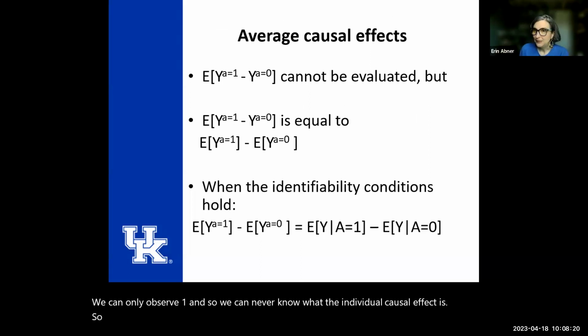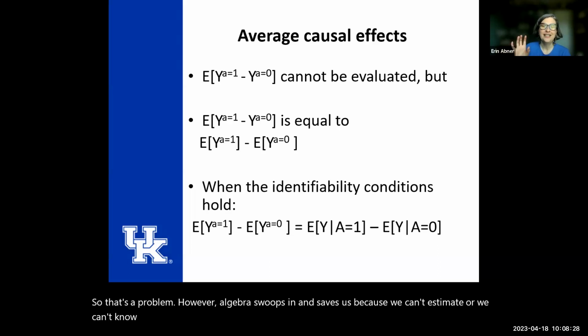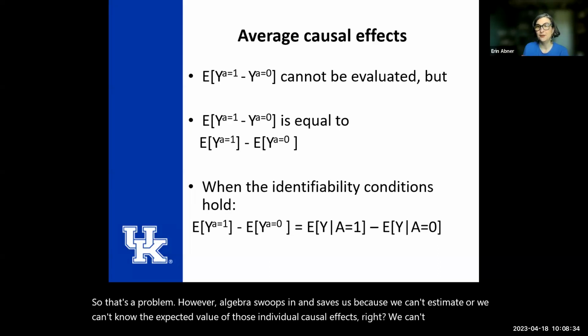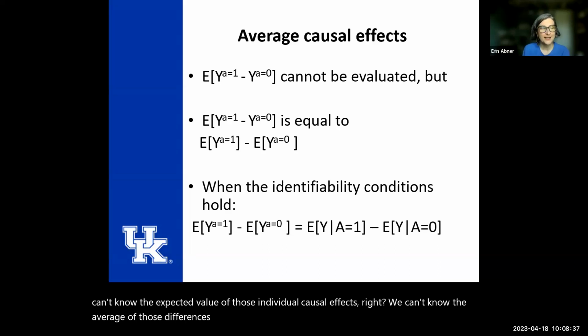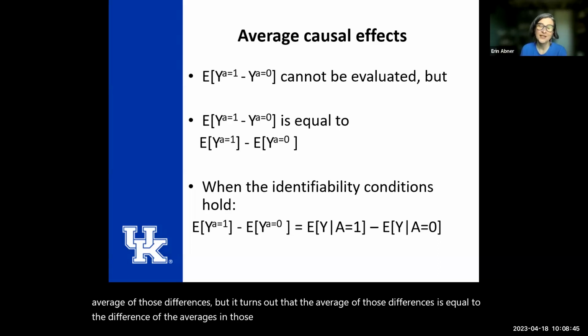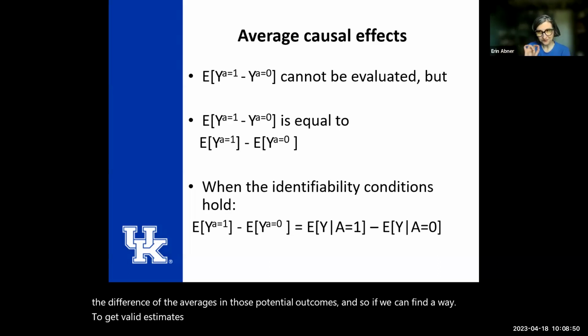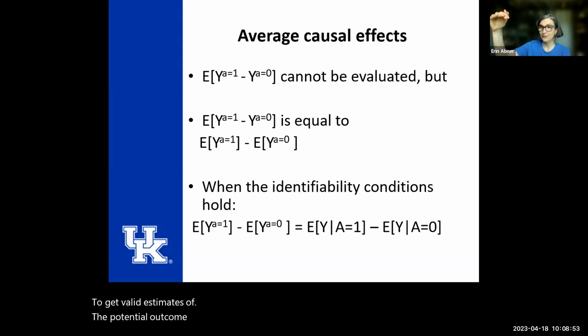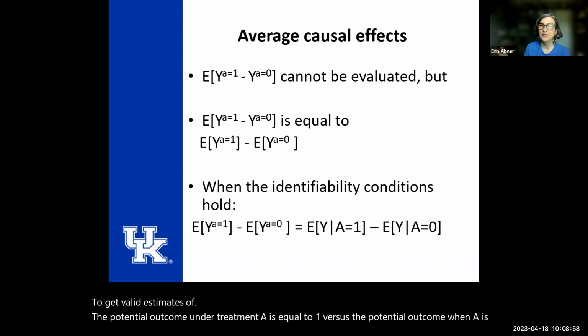So that's a problem. However, algebra swoops in and saves us because we can't estimate or we can't know the expected value of those individual causal effects, right? We can't know the average of those differences. But it turns out that the average of those differences is equal to the difference of the averages in those potential outcomes. And so if we can find a way to get valid estimates of the potential outcome under treatment A equal to 1 versus the potential outcome when A is equal to 0, then we can start to